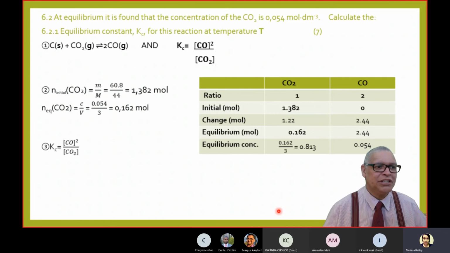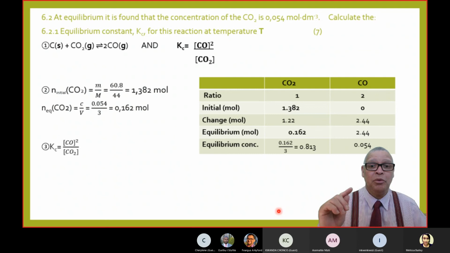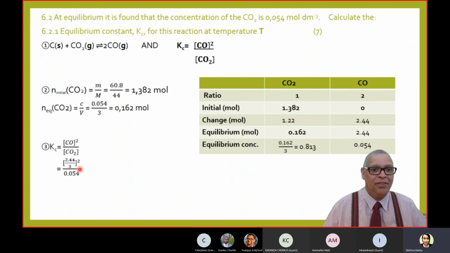Now we go to our third step, which is our Kc calculation. Remember, the Kc calculation is the concentration of the products divided by the concentration of the reactants. And we must not forget the exponent, the number of moles will go as exponents to each of those concentrations. And when we put that in, there we're going to get it. Here we have 2,44 divided by 3. You see, in other words, we're taking this here divided by 3, right? And that's going to be squared because there's 2 moles there, divided by 0,054. There we have it right here. And there we have that all squared. And finally, our Kc value is